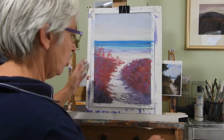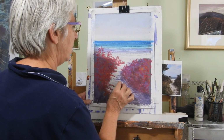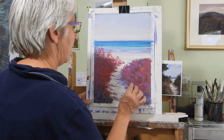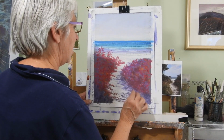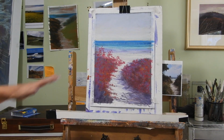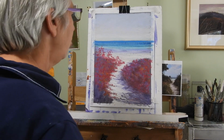And you can just work those shadows back and forth until you're happy with them. I'm just going to add a little bit more in here. So now I have shadows on the path. I've got the underpainting here, and I'm going to go back in now with a whole lot of other colours